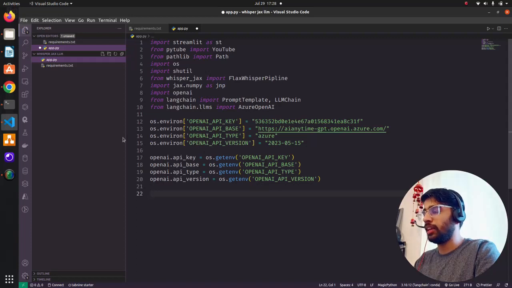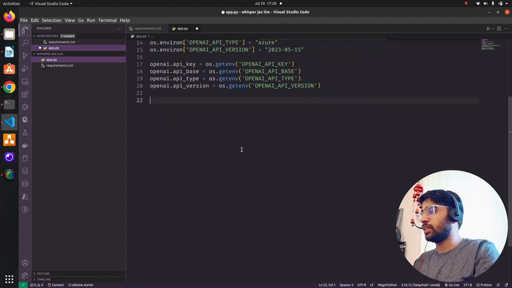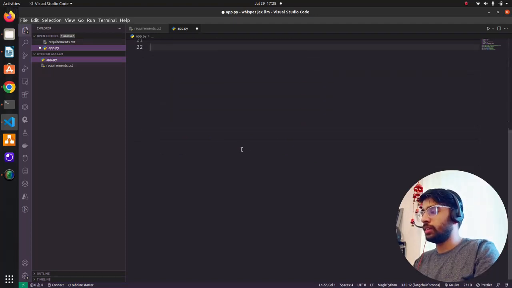So you have to set a key. You have a base, which is nothing but the endpoint that you create on Azure OpenAI, and then you have the OpenAI type. I'm using Azure. If you are using OpenAI, you can just write openai there, and then the API version. Now we are done with this.